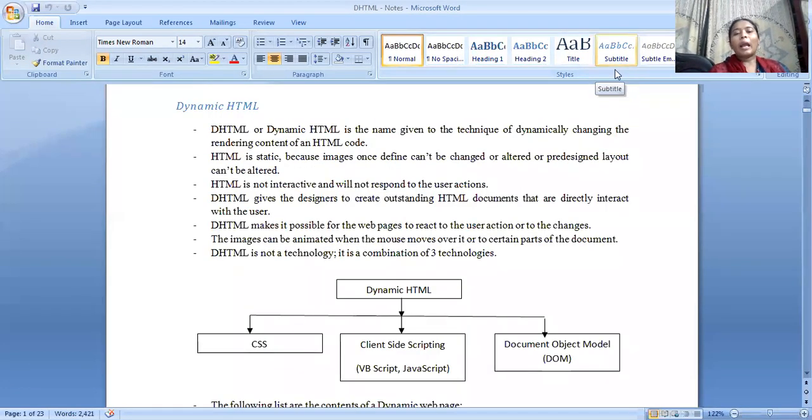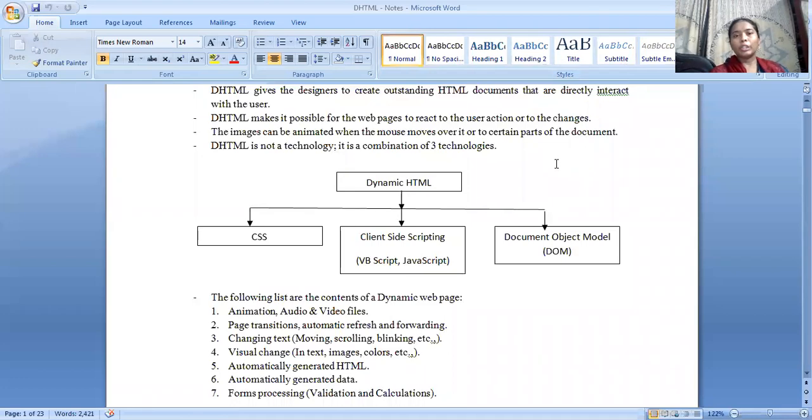If I need different page transitions, page effects, or automatic refreshes when I load or unload, that type of programming comes under DHTML rather than HTML. And changing text: if I need to move the text from left to right or right to left, or scrolling, or blinking, like the filtering effects we have seen in the last chapter, this can occur in a dynamic HTML page.